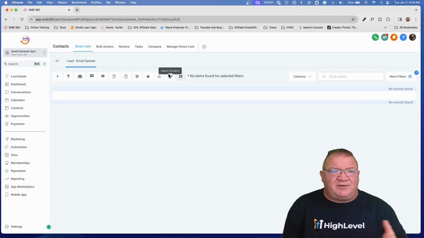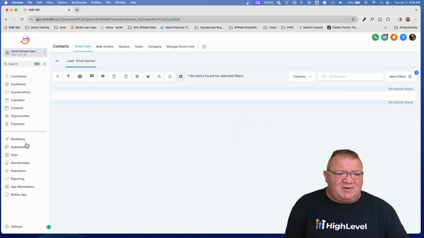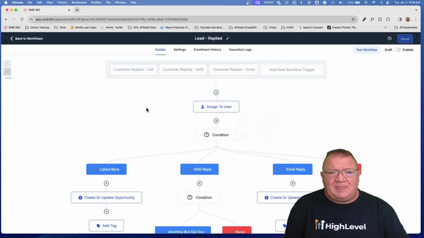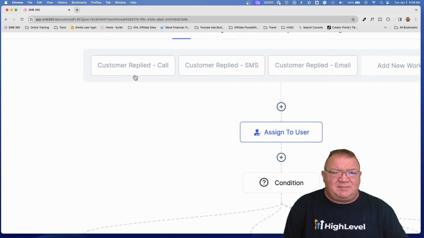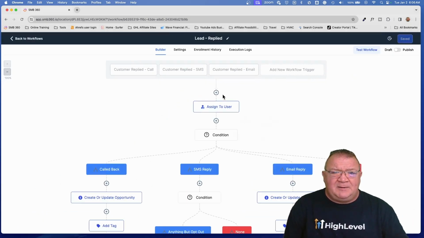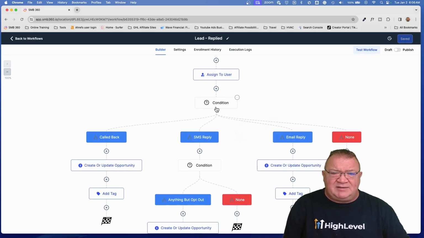Now you could do this again, creating a smart list for people that call you, for people that text you. As a matter of fact, that's a great intro into the next workflow that I have for you here, and that's a lead replied workflow. So here, if we take a look at the top, call replied, SMS, or email. So either way they want to reply, you can simply track. If you come down here, this if condition just simply says if they called,